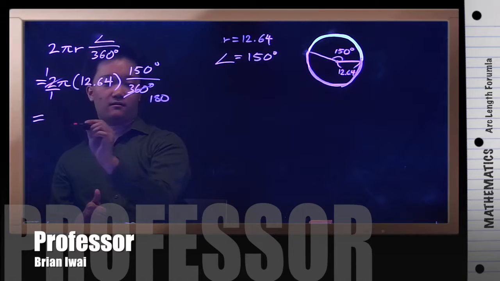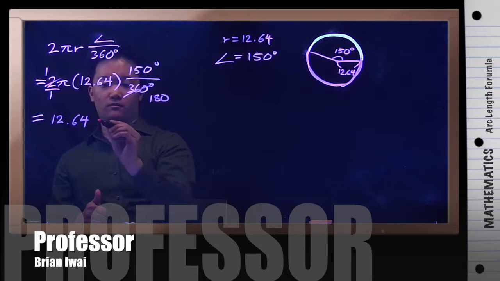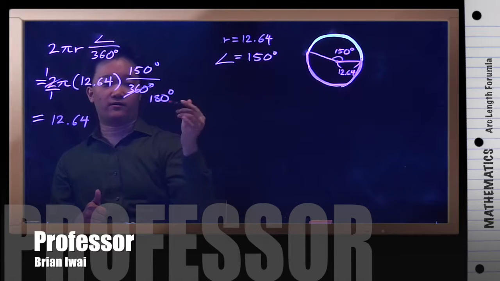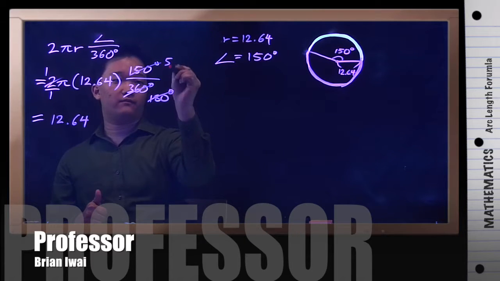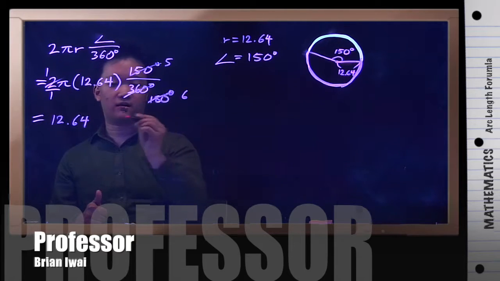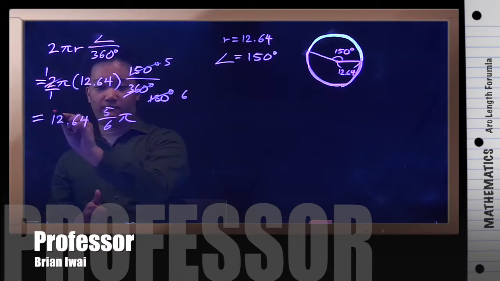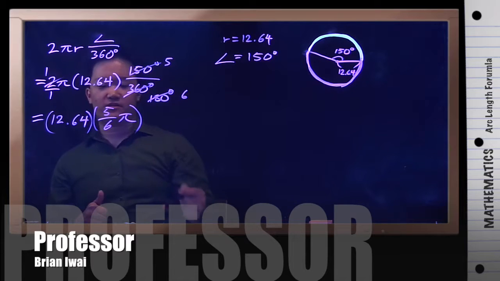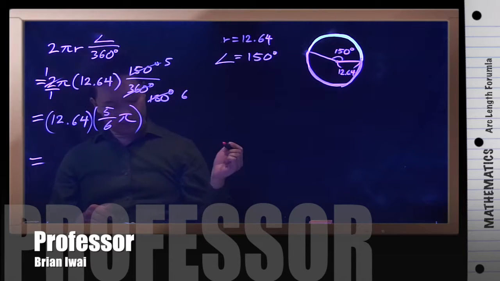So you would get 12.64 times the 150 degrees over 180 degrees, which simplifies to, you can divide both by 30. 150 divided by 30 gives you 5. 180 divided by 30 gives you 6. So you get 5 over 6, and don't forget the pi. So basically it becomes 12.64 times 5 over 6 pi,